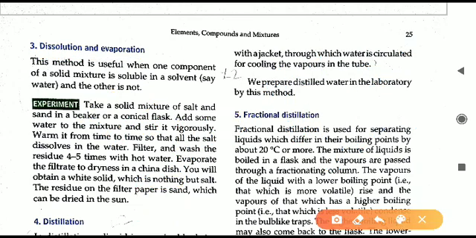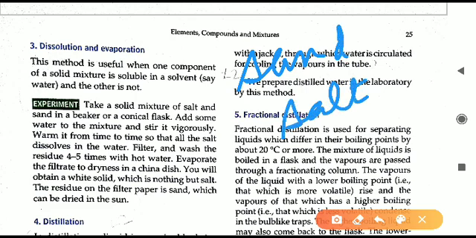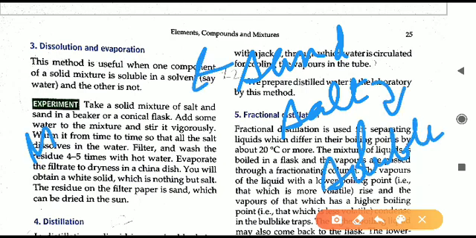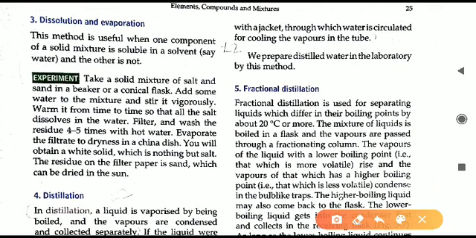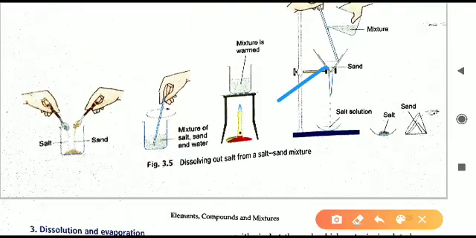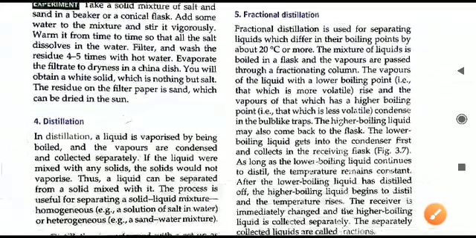Like in our example, what we have taken? We have taken sand and salt. Salt is soluble in water, sand is insoluble. So one thing is soluble and another one, sand, is insoluble. So that is what I told. One has to be soluble, another one has to be insoluble. The one which is insoluble, that can be separated by filtration, another one can be done by evaporation. So the same experiment that I explained, what the diagram is given upwards, this particular diagram, you can do the reading. Already I explained, same thing is written there.